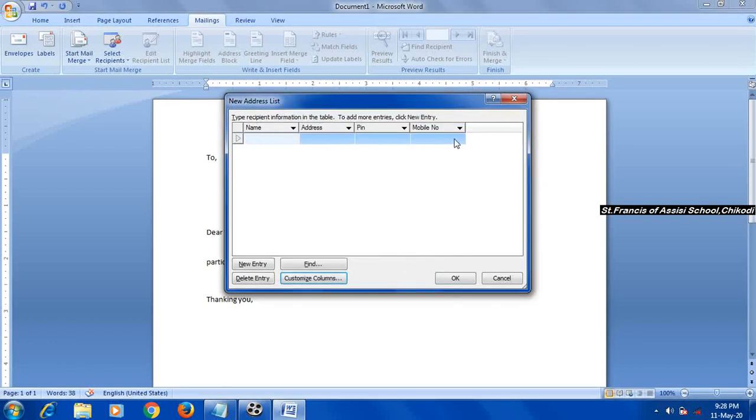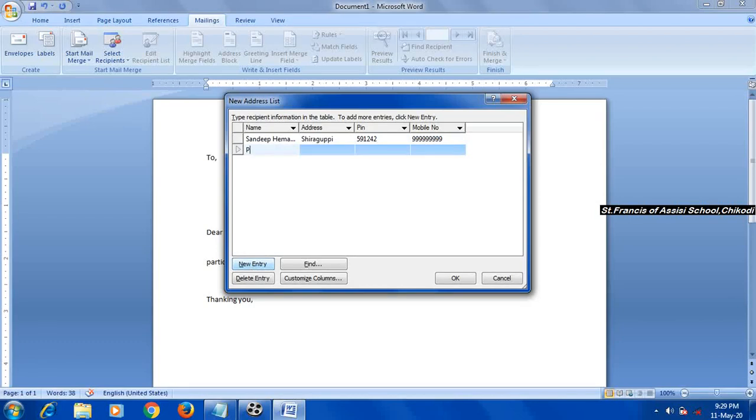So now these are the fields that I have created just now. Now I am going to add the values, the data, in that table. In this database I am going to add the data. First, the name I am going to add is Sandeep Angire. Address is Shirgutti. Pin code 591242. Mobile number, I will enter randomly. Next, to take the cursor to the next row, you can press the tab key on your keyboard or you can click on the new entry button.